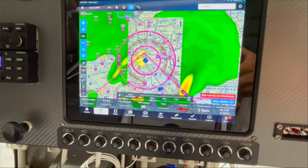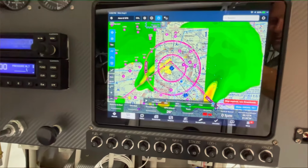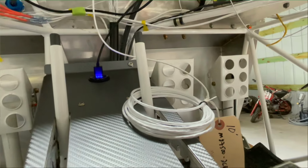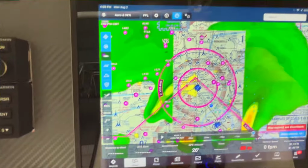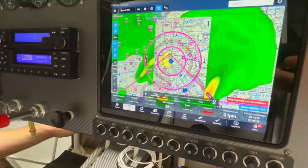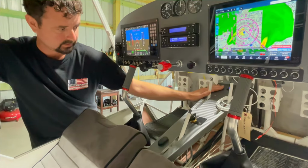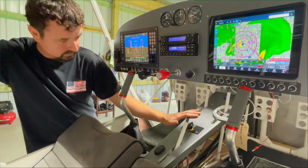And here is ForeFlight with weather radar, NEXRAD on there, the works. And the iPad is powered right in through here, so it receives the ship power. I wanted the plug somewhat accessible, if you want to charge a phone or device or whatever. The wires may get in the way somewhat, but...